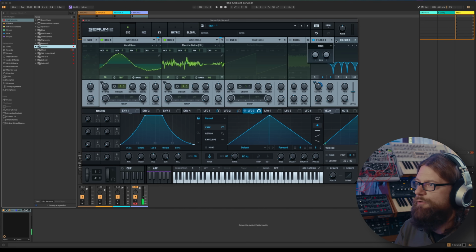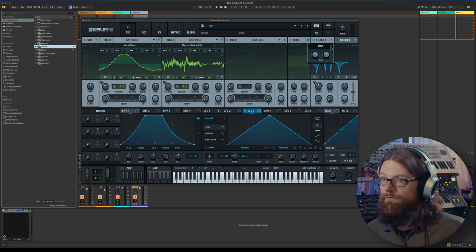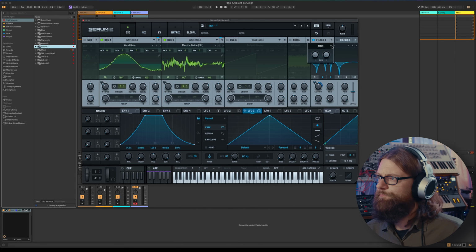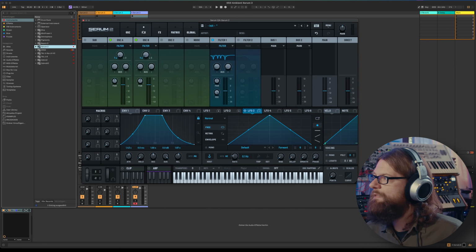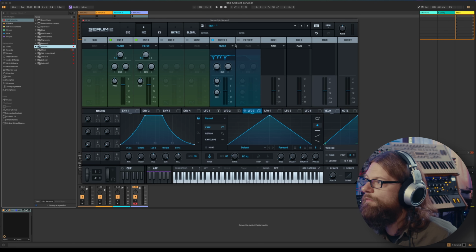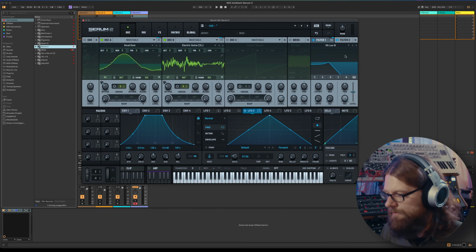And now the output of filter 1 must go into filter 2. You can either do it by clicking on the M button here and select filter 2, or you could also go into the mix page, which I didn't touch yet today, and there you can also select the routing. And now filter 2 gets